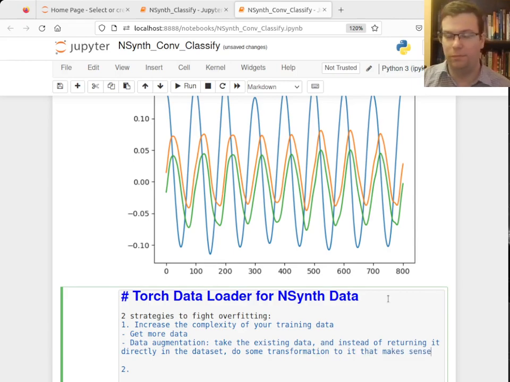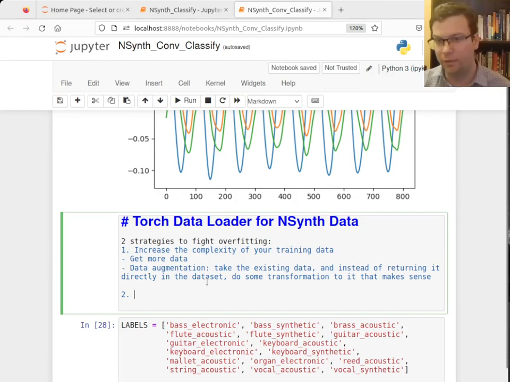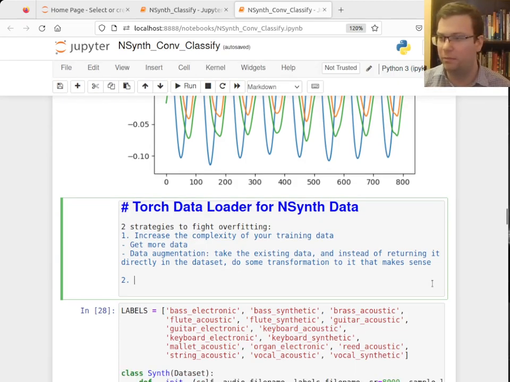So instead of returning the instrument directly, we would return a pitch shifted version of it, or maybe we would crop it a little bit, just something to make the data a little bit different. Actually here I don't want to crop it because I like the fact that they're all 32,000 samples. I'll explain an idea for data augmentation in a moment, but TLDR,